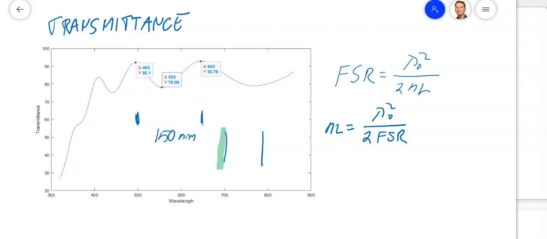So here is the transmittance data, and we can consider the thin film as a Fabry-Perot cavity. It has a periodic transmittance spectrum, and the free spectral range is the distance between the two different peaks. And from the